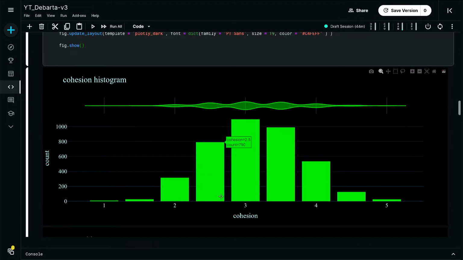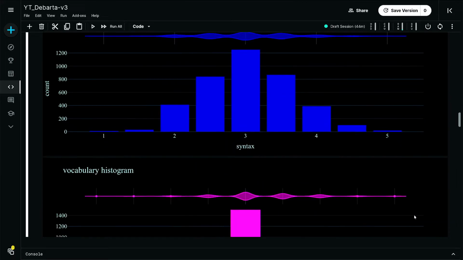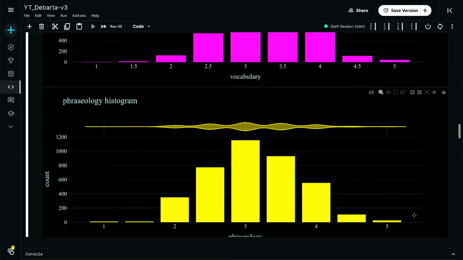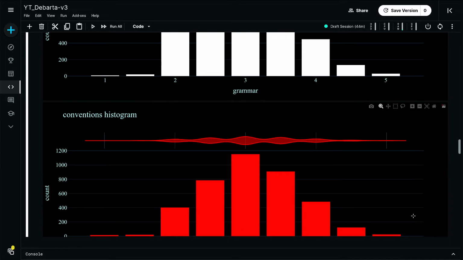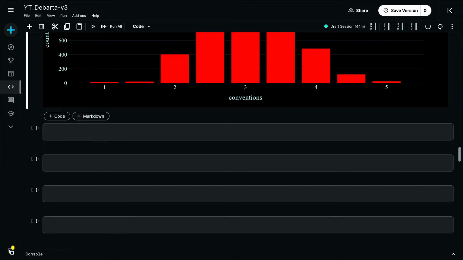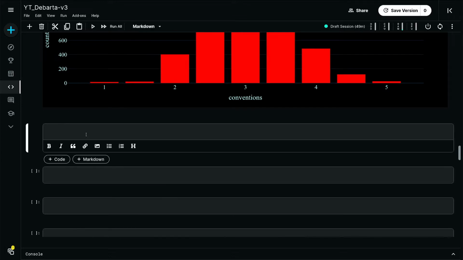So cohesion, syntax, vocabulary, phraseology, grammar, conventions. Okay, cool. And now pre-processing before starting the model configuration, etc.